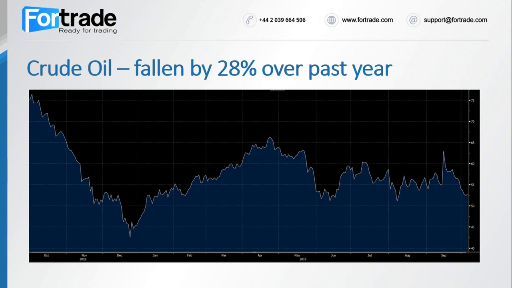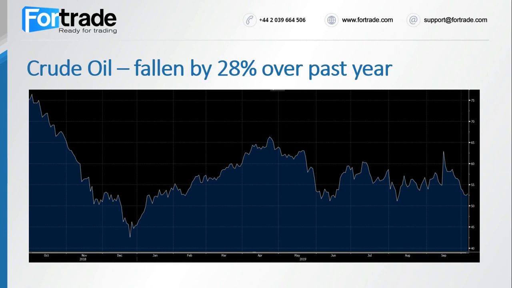Crude oil is affected by multiple factors, but the primary one is the global economy and the trade war. A growing economy supports crude oil since it implies that demand for crude will remain high. If the economy slows or the trade war pushes the global economy into a recession, demand will collapse and there will be too much oil in the market and crude prices will fall. Let's take a look at crude prices over the past year and see where they might head in the near future in the event of successful or unsuccessful talks.